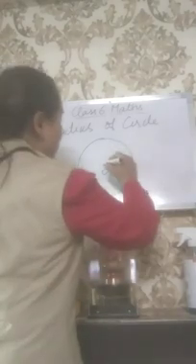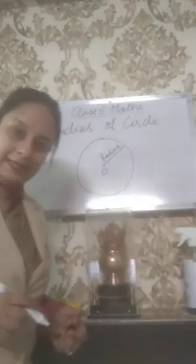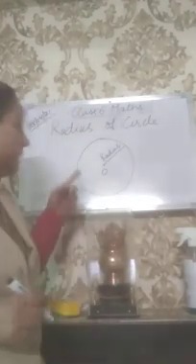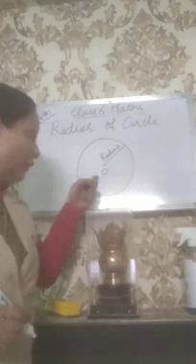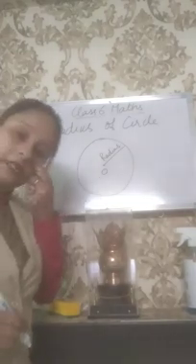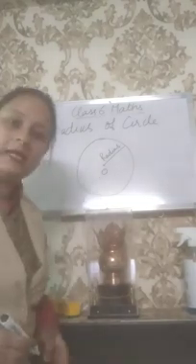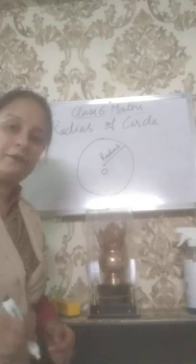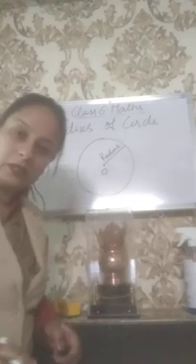All right, so the distance between the boundary of the circle and the center of the circle is known as the radius of the circle. Understand? I repeat myself. The distance between the center of the circle and the boundary of the circle is known as the radius of the circle. All right, have you got that? Do you understand what is radius of the circle?